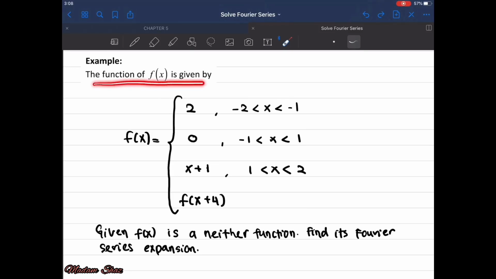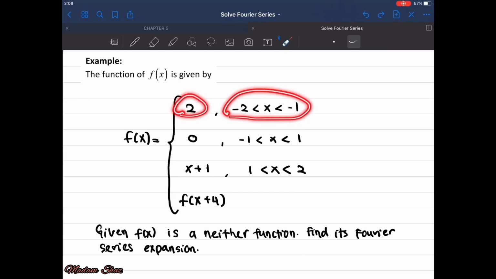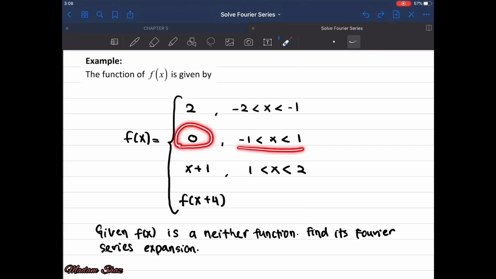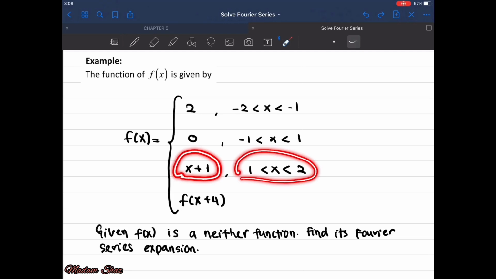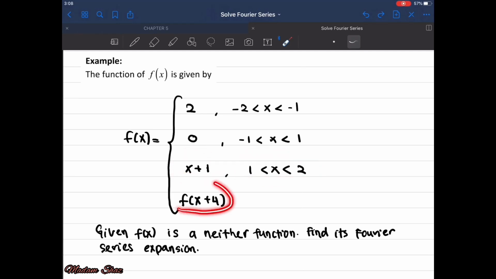The function f(x) is given by, first function f(x) equal to 2, whereby the limit is from -2 until -1. For the second function, f(x) equal to 0 from -1 until 1. So for the third function, f(x) equal to x plus 1 from -1 until 2, whereby the periodic function is